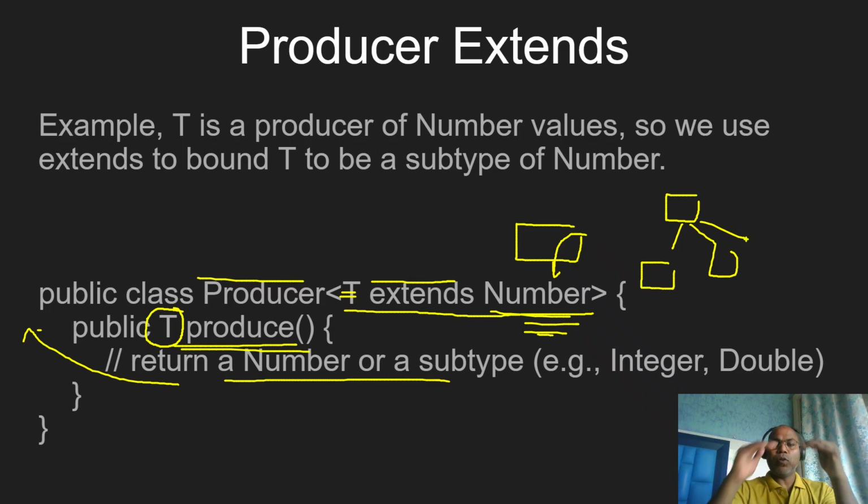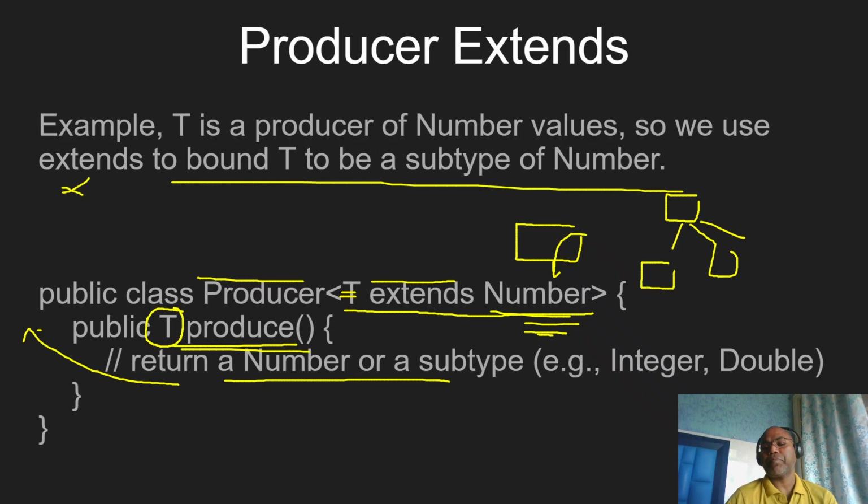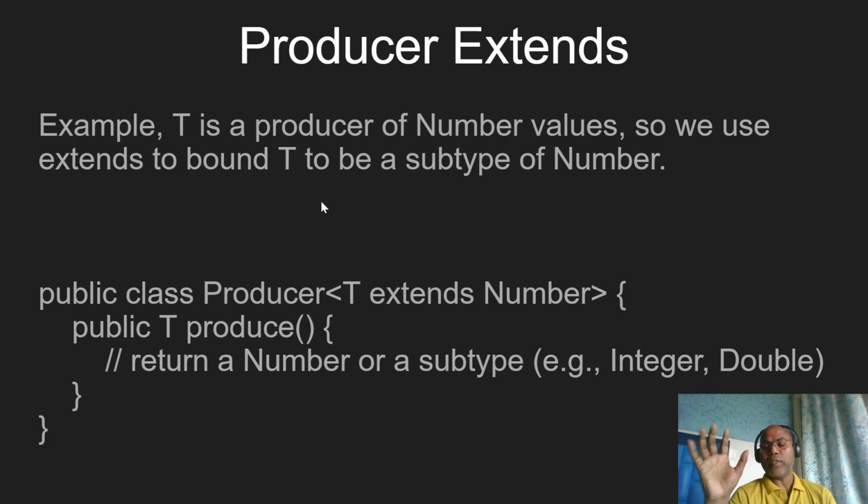So here producer means bounded types T produce number or value, then we can use the bounded type as subtypes, which is the extend keyword. So simple. This principle says let's understand what the methods, what the classes for the generic types you are writing, what they are doing. They are consuming value or they are returning value. If they are returning value, simply you can use the extend keyword. That means the subtypes of number, you can say.